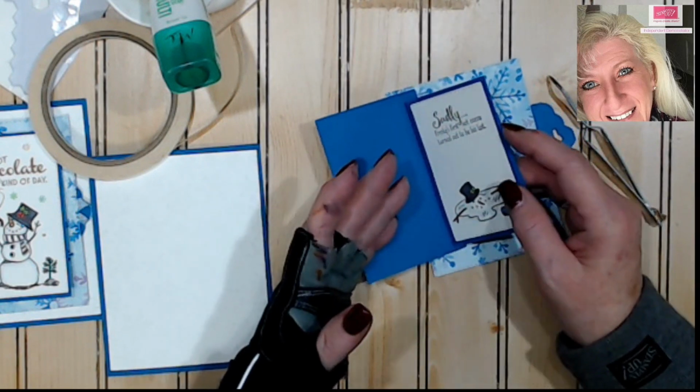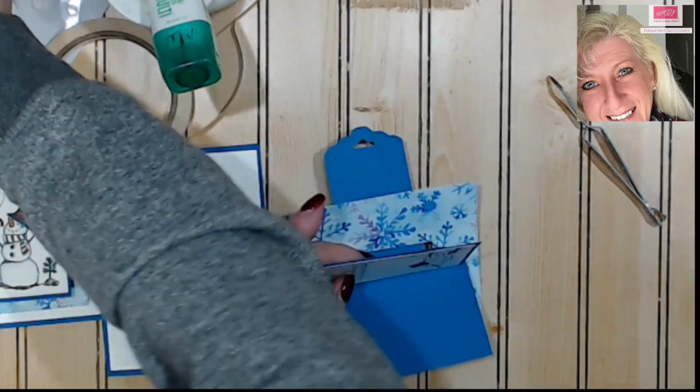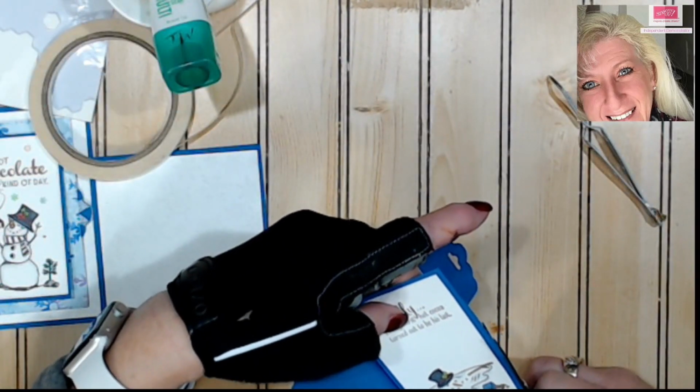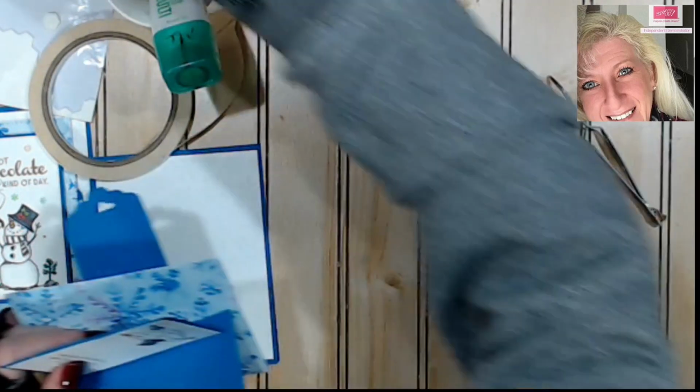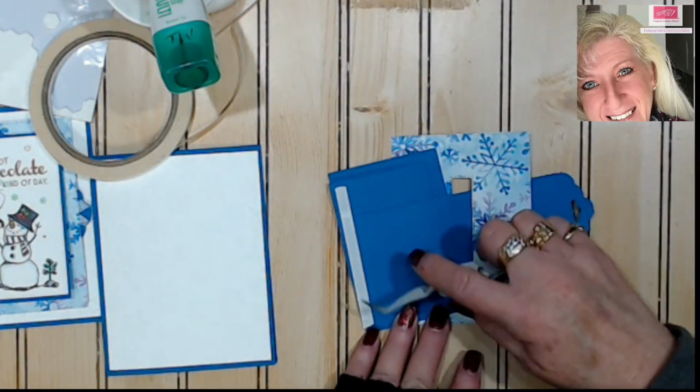Almost looks like I need to trim. See my little thing there? I'm just going to take some snips and trim that before I glue anything down. There you go, fixed. Okay, so now we'll take the